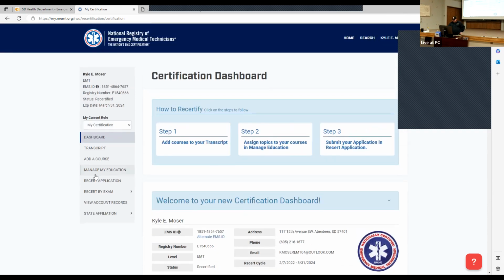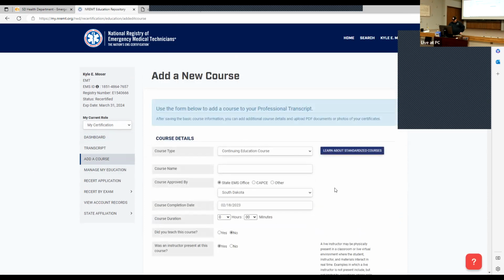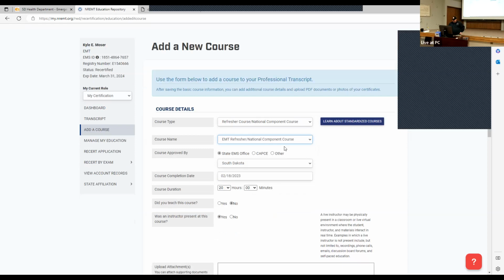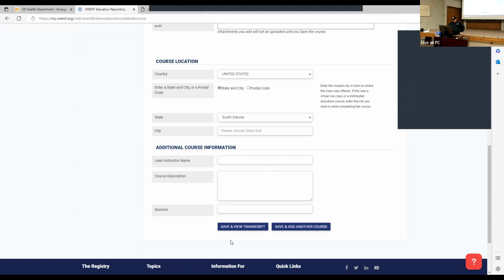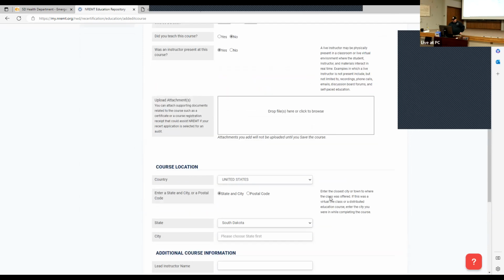So Sam, if you want to watch this, we'll go to add a course. If you're trying to add your 20 in there, you're going to go ahead and do your refresher national competent course. Click on that. Click on our course name, EMT refresher. Click on the day that it's done. Tomorrow, 20 hours. Did you teach a course? No. Okay, you did all that. So now when you hit your save and view transcript,